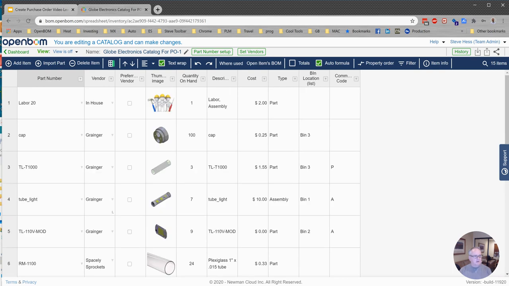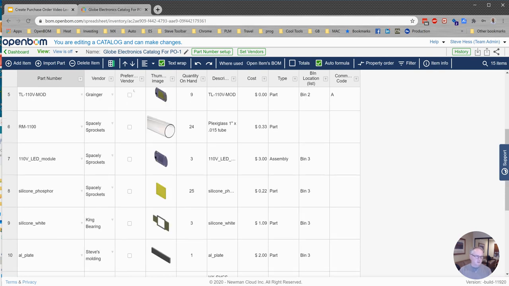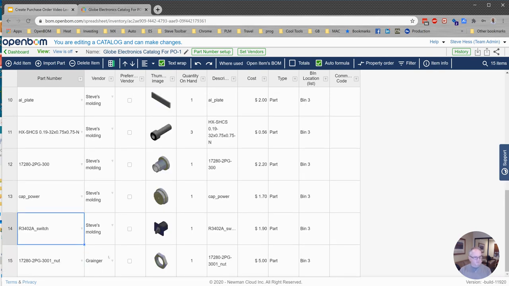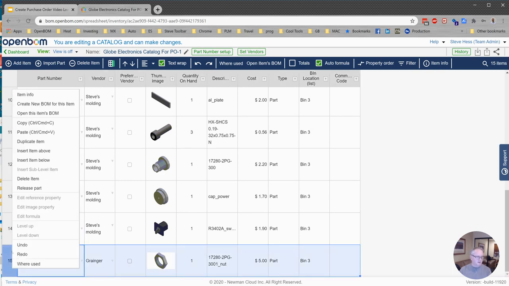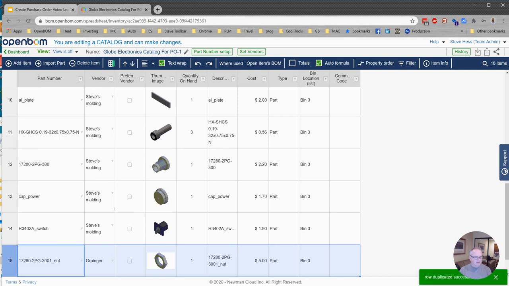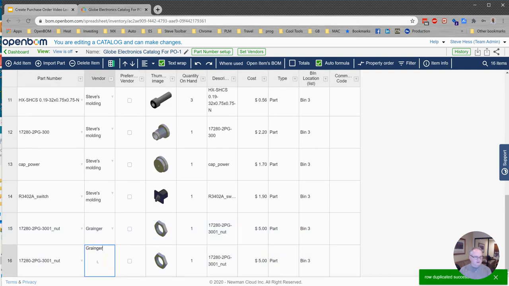Okay, so I've created the vendors, and I've added the vendor for each one of the items. So you can take a quick peek at what preferred vendor is used for. If I happen to have multiple vendors for this plastic nut down here, I can use a command that says duplicate item, and I can set the vendor on this particular item to be something different,